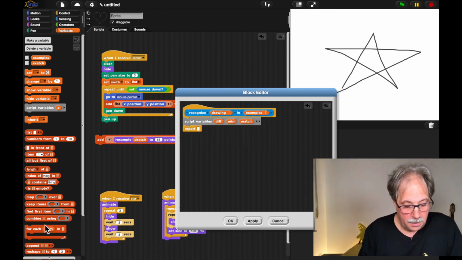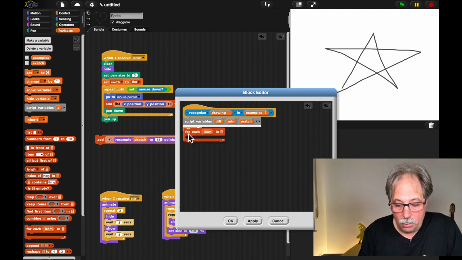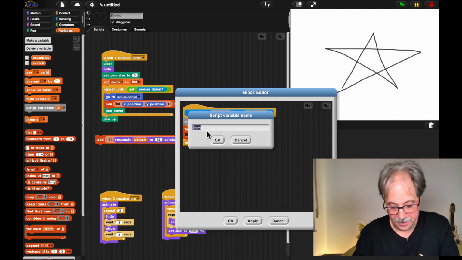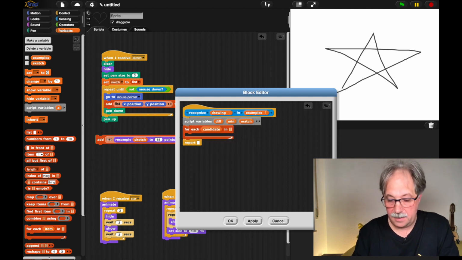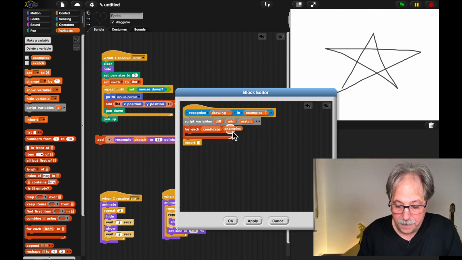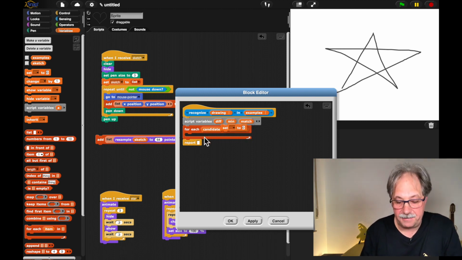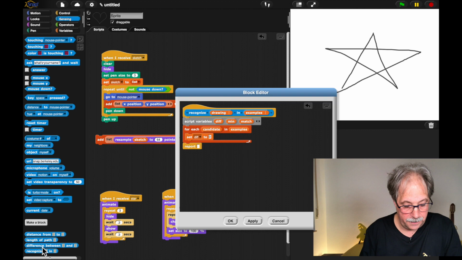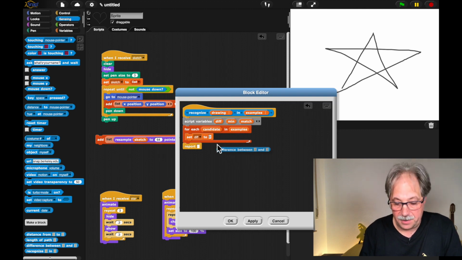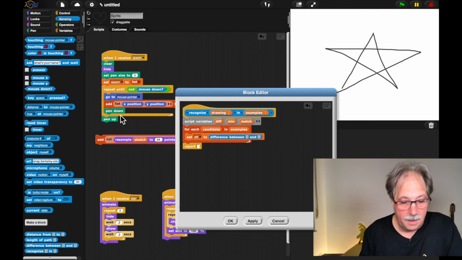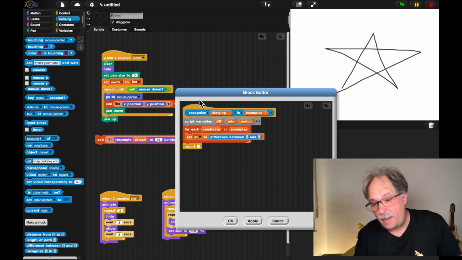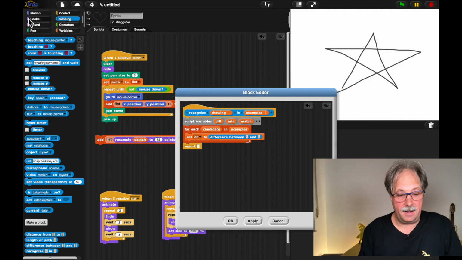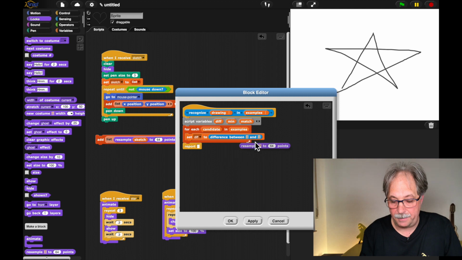So I'm going to say for each candidate in my examples, I want to find out the difference. And say the difference is going to be the difference between not just my drawing, because that might contain any number of points, but between my resampled drawing. So I'm going to resample that drawing